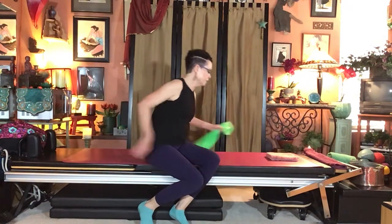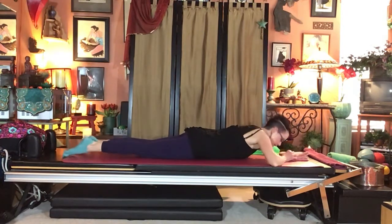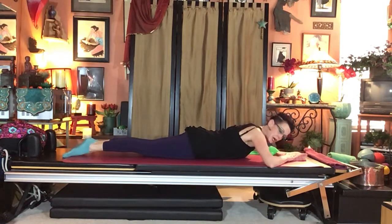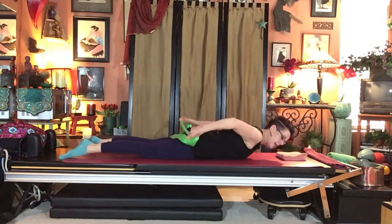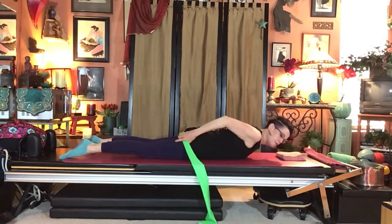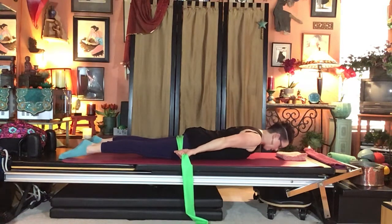So I'm going to first lay prone on the stomach. Forehead can be on the edge of a little towel, so your nose doesn't get smashed as you set up. I like a slight open V for this one. Heels a little bit apart in an externally rotated V. And then I'm going to take the band alongside the bottom of the glutes, hold it a little bit wider than shoulder width,